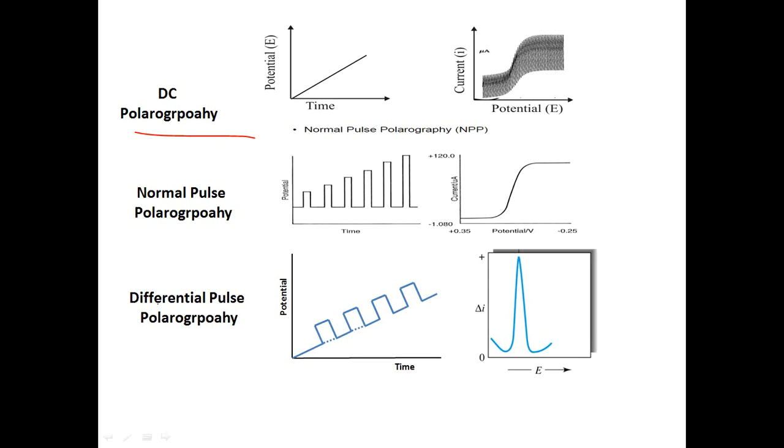Then we have seen differential pulse polarography, where to the linear potential ramp you apply an equal potential pulse every time, and the current is measured twice in each case, that is, before the pulse is applied and at the end of the pulse. You get a peak-like polarogram where the peak height is directly proportional to the concentration of the electroactive species, or the peak height is almost equivalent to the current that is measured there.